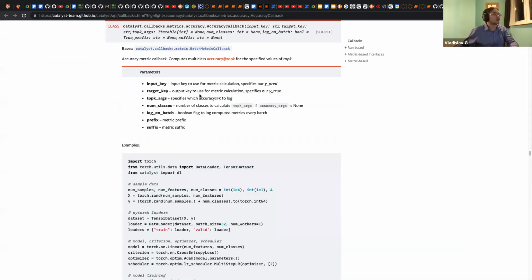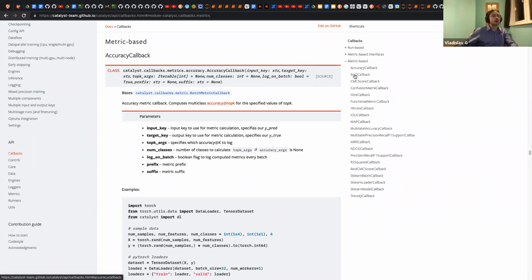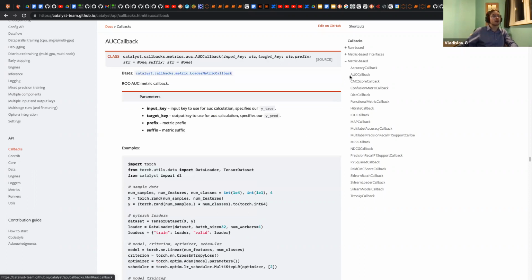Yeah, we have callbacks, metrics, and yeah, for example, accuracy callback, AUC callback, CMC score. This is the metric that is used in computer vision, and so on.